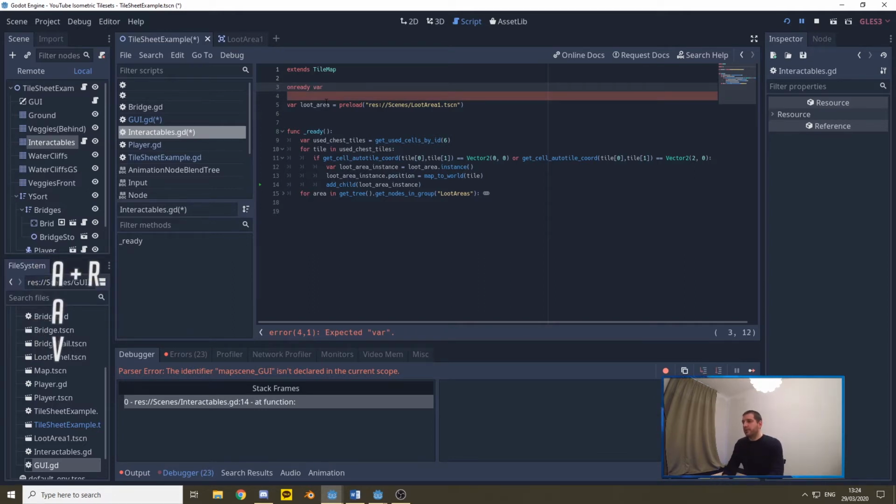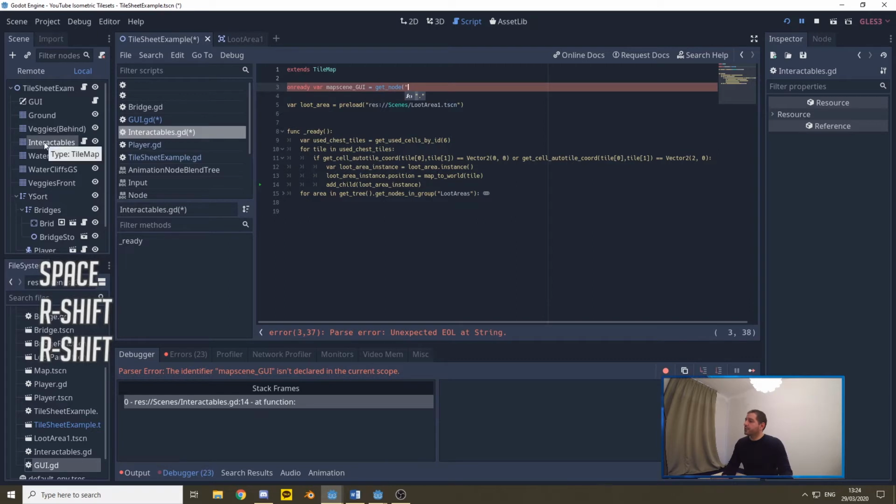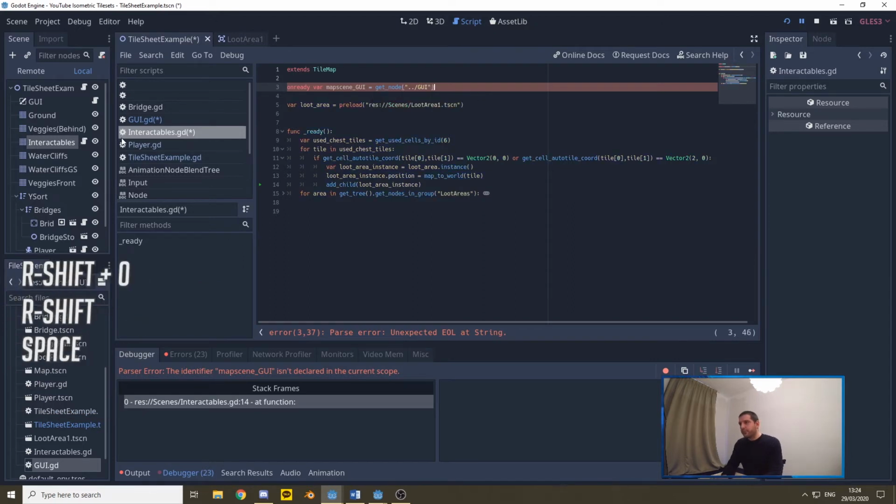Unready, we're going to create a new variable. That variable is going to be the map scene graphical user interface, and that is equal to get node. And then, as we are on the interactables, we need to go up 1 to the parent, so that's a double dot, and then down to graphical user interface. Now with that, we have a reference to the graphical user interface, and as you can see, I've already added